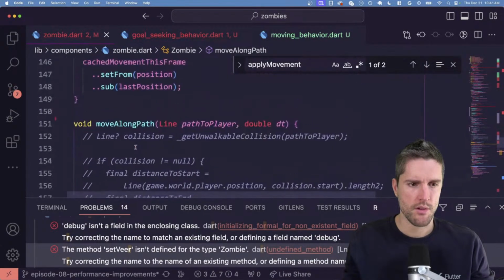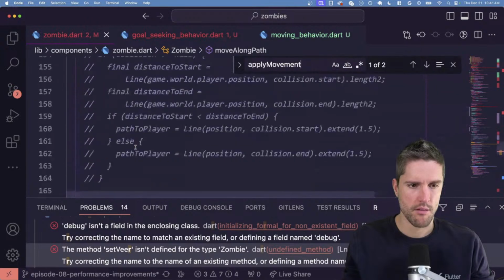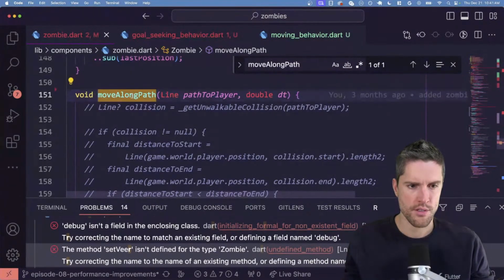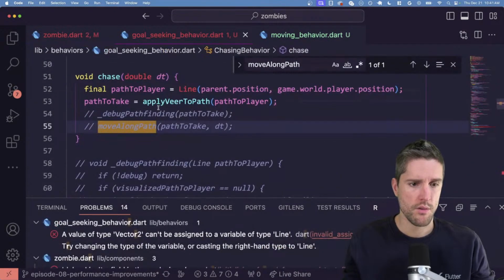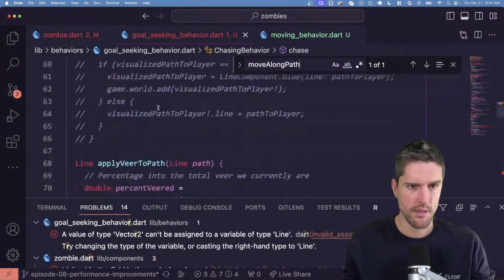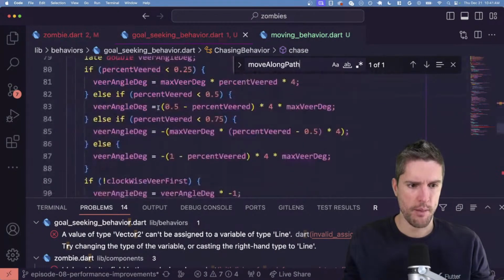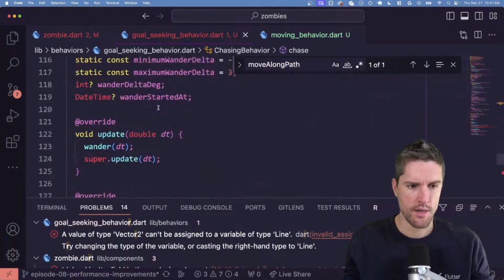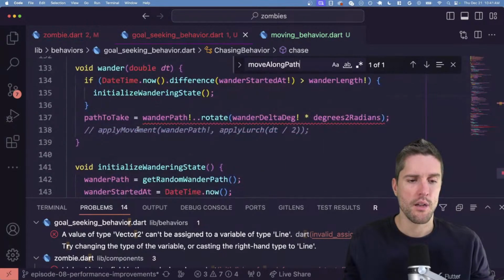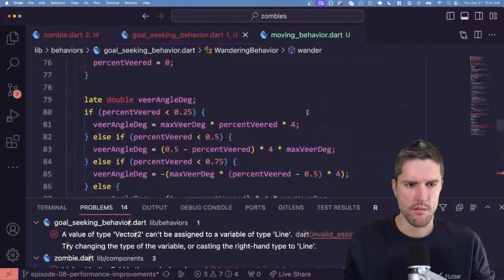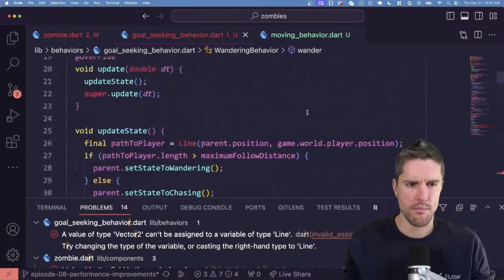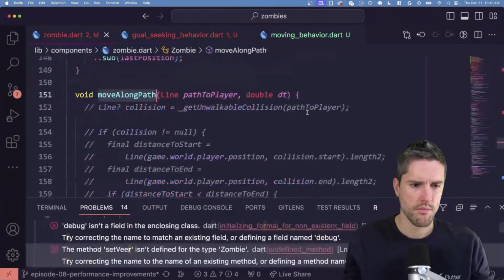Apply movement was called in move along path. This is the worst code in the universe. Move along path. So chasing definitely went in that direction via move along path, and wandering just went straight to apply movement. Interesting. So what did move along, or what did, whoops, where did,